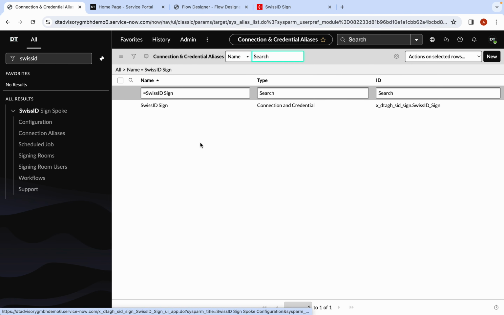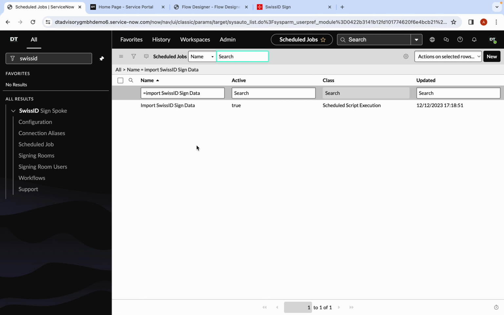One step is, for example, the creation of a connection alias, so to set up the API to SwissSign, basically. This is stored in the second module, the connection and credential aliases table, and this will be directly accessible then. After, we have a scheduled job, and the scheduled job makes sure that the data between SwissID and ServiceNow is synchronized periodically, and you can set how often the scheduled job will run in the end. So it can be once a day, once a week, or once a month, depending on your use cases, for example. Beside that, we have direct access via modules to the transactional data like signing rooms, the signing room users,